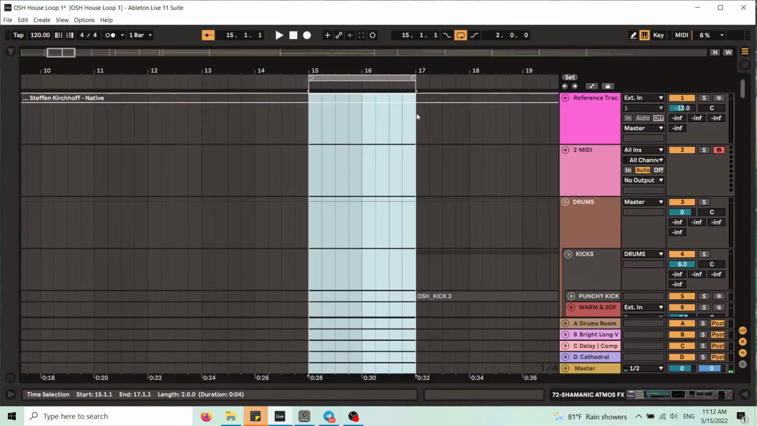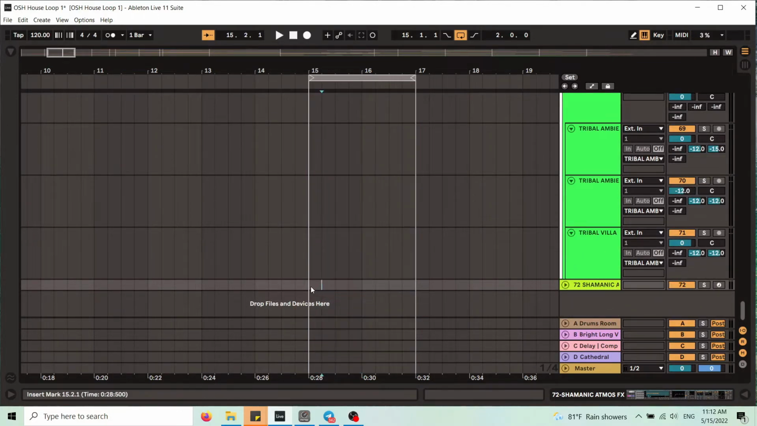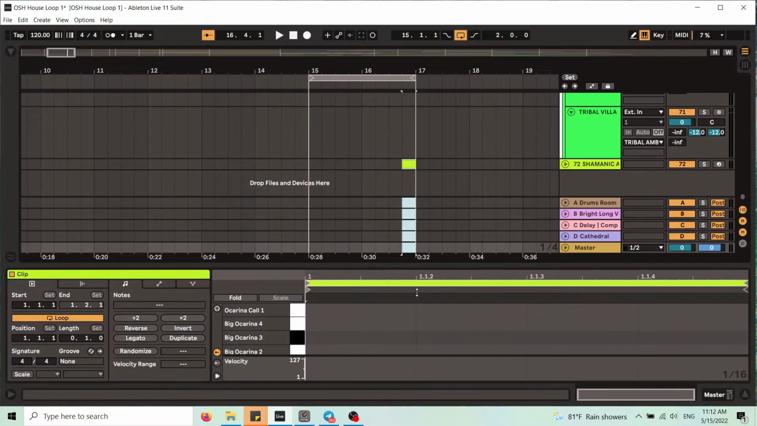Yeah, one of these. So what I can do now, I go all the way down to channel 72. Here we have the Shamanic Atmos effects rack. And now I can just highlight this area here with the left mouse and then double click, and it will create a MIDI clip